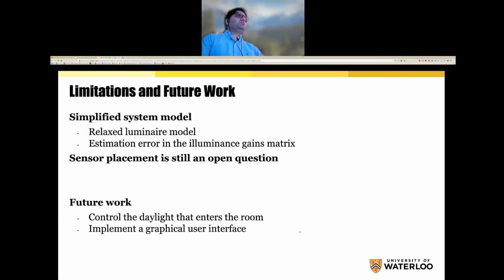Oh, I see. Yes. Well, if you want personalized comfort, then you need to have a sensor per person. That's pretty obvious. If you have a common sensing module, then they need to share a common illuminance desire. And moreover, the sensors need to be placed where you want the light to be. So if you place a common sensor halfway in between, then that spot will be well lit, but the two desk workstations may be dimly lit. I mean, that's a pathological case, but no, the sensors are very cheap.